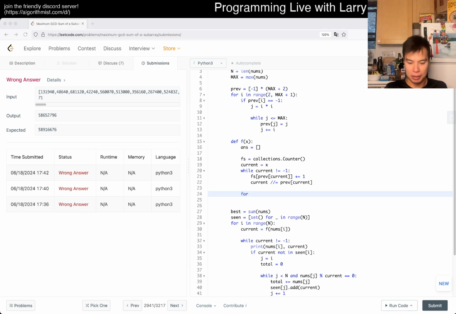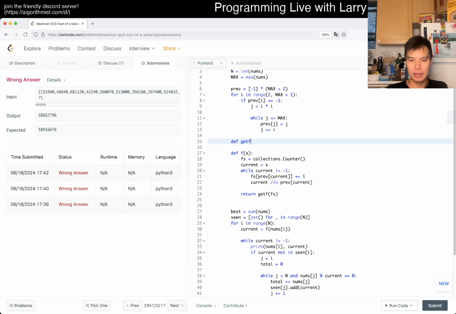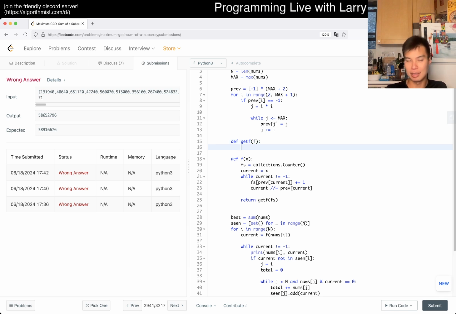Oh, jeez. And I don't even know if this is right? So if this was right, then I'll be like, all right, at least this is right. But